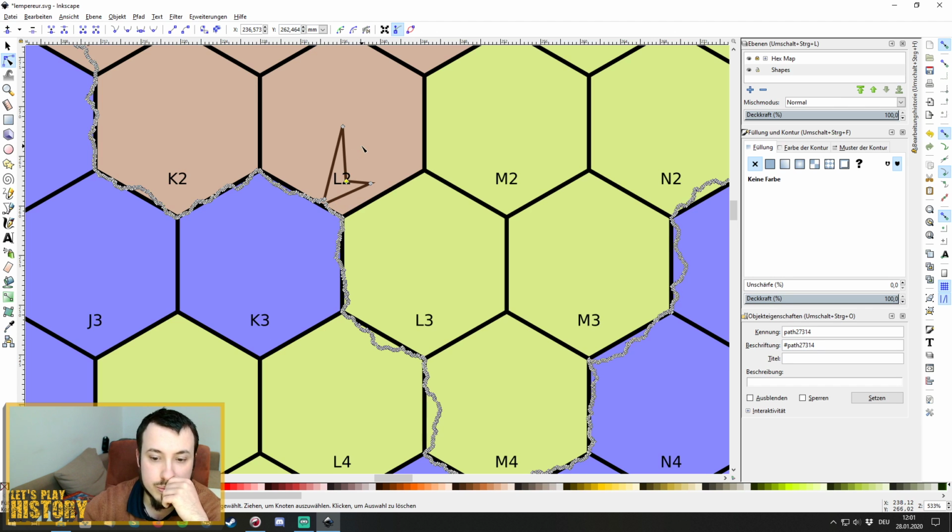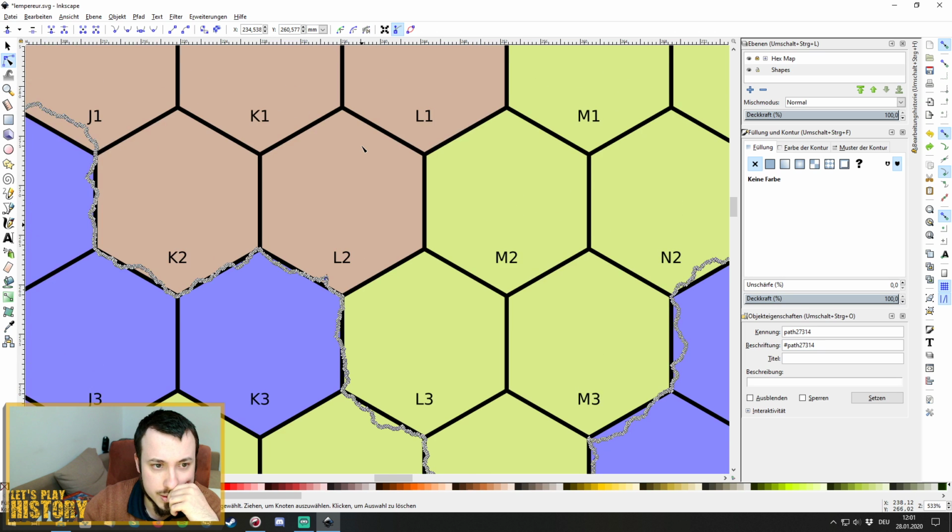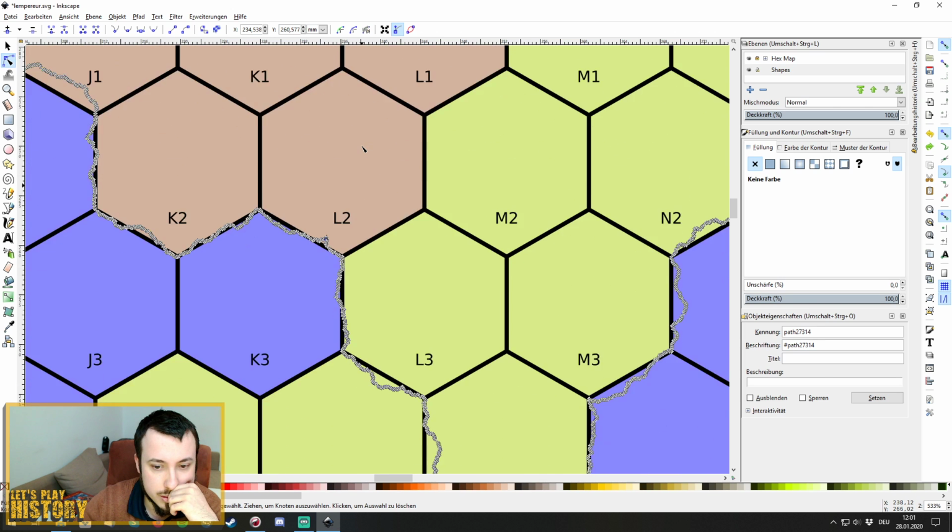Okay, I see. Interesting. Undo this. So I would have to sort of draw this path, the initial path,